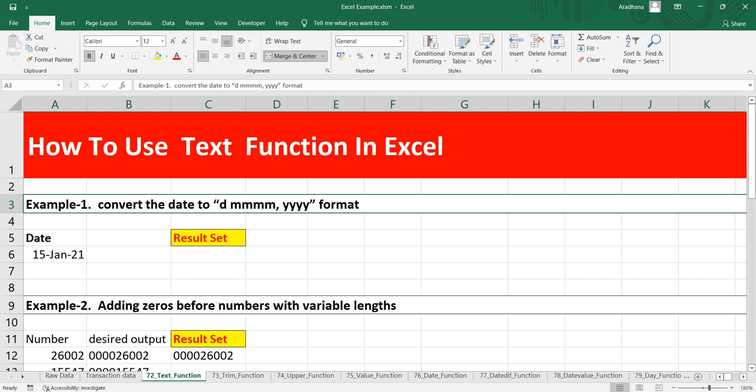Between date and month there is a space. So we have to make sure that our result contains the date, then a space, then the full name of the month and the year in 4 digits separated by a comma.